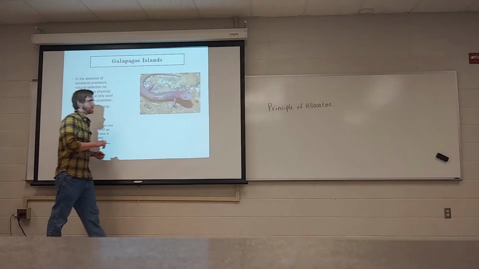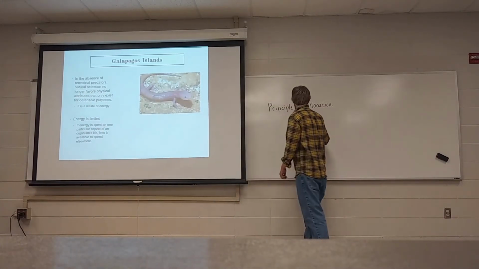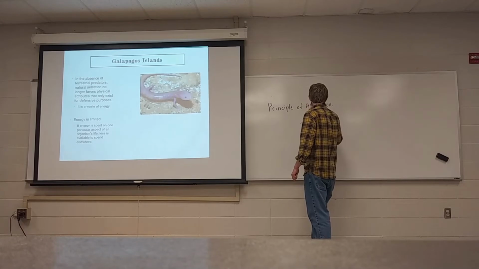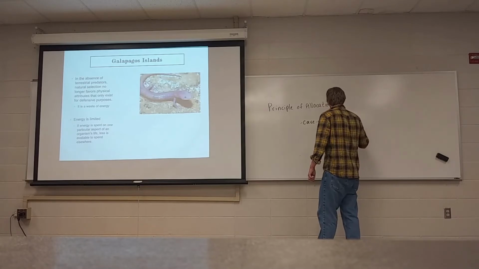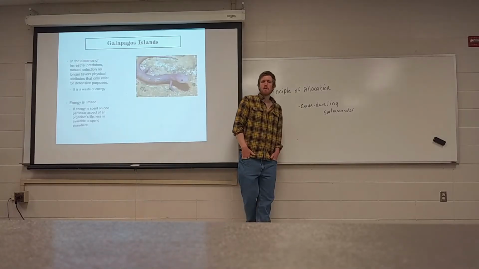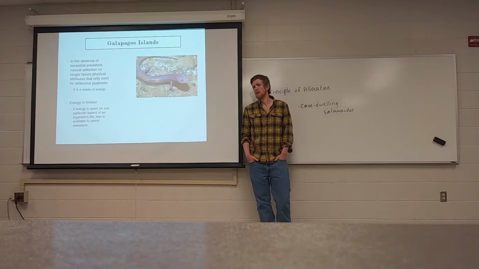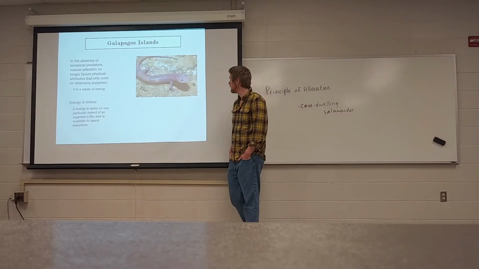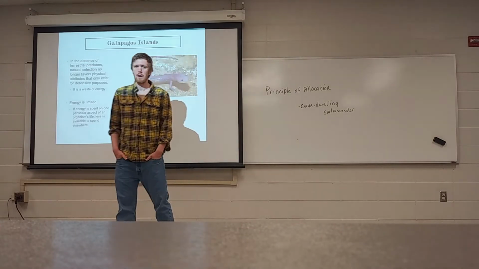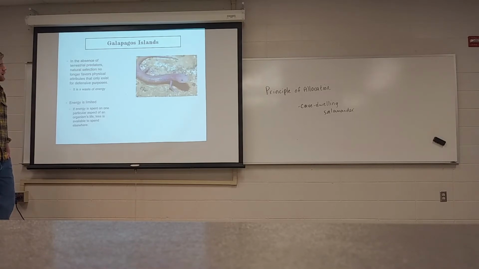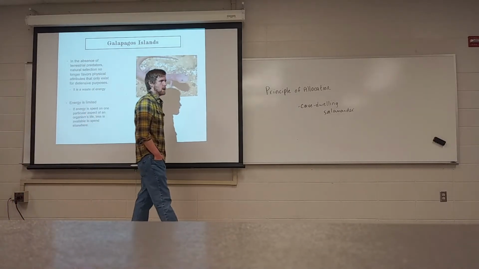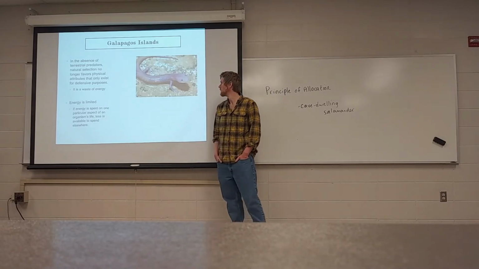This is a cave salamander of some sort. Cave-dwelling salamander. So how did this salamander ultimately become the way it is now? It's blind. It has no pigment. Its ancestors had both. A population of salamanders would have found its way to a cave, and over time, the population would have changed, eventually becoming what we see now, blind and pigment-free.